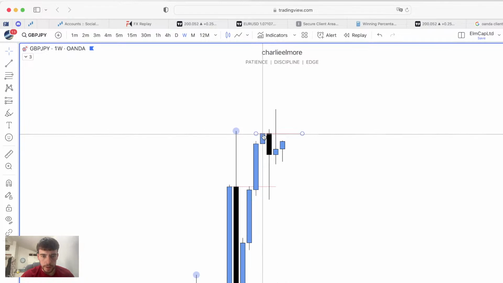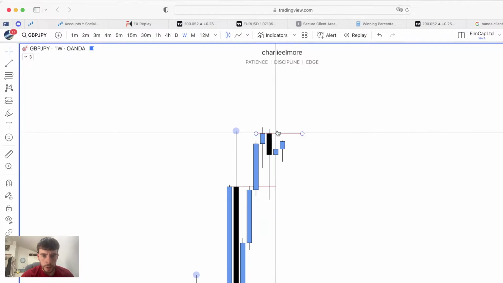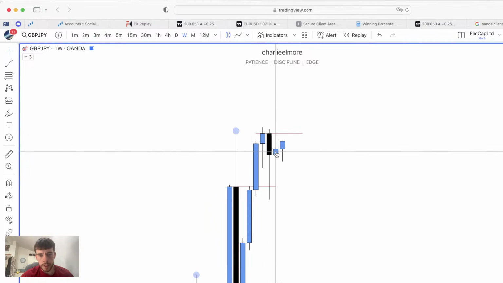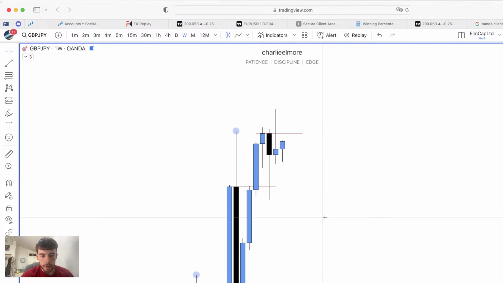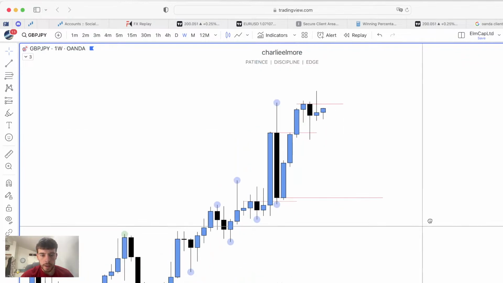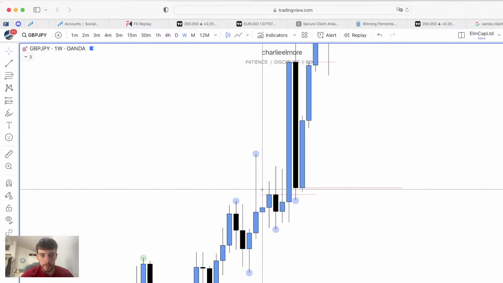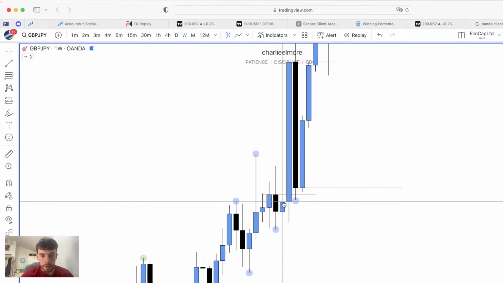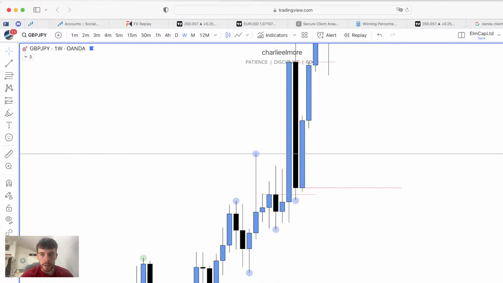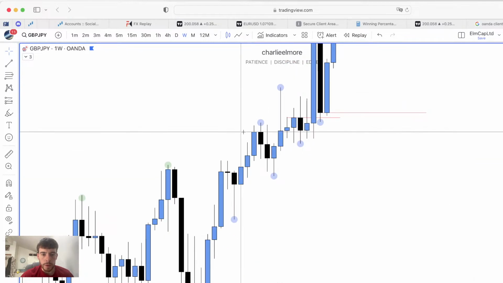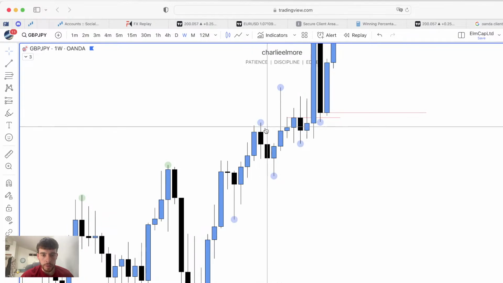Two weekly bodies, the close, the open. Price spiked through it, but that doesn't necessarily mean we have to now roll over to the downside, because as you can see here, price did a similar thing. Price spiked through this one right here, and then the following week just absolutely blasted through it. Similar one there, look. Actually, that was a straight closure. Actually, no, to be fair, this one wicked through, look.